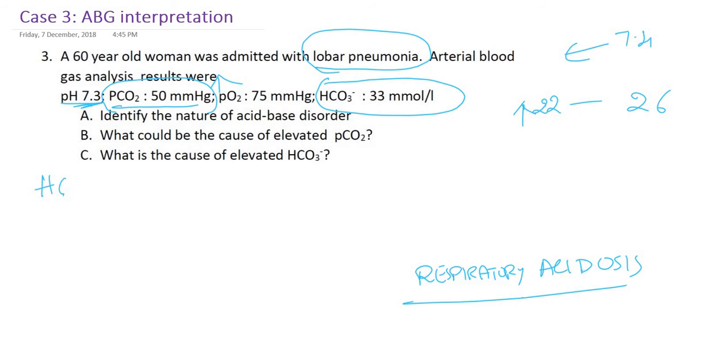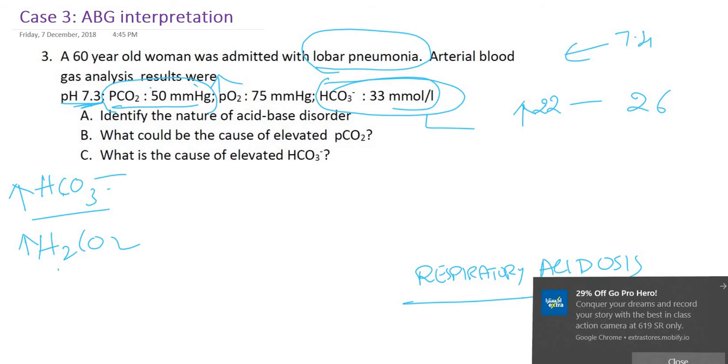Then I will write with the example of bicarbonate buffer. In this case the primary change is increase in the PCO2. Increase in the PCO2 means increase in the denominator, carbonic acid. So the compensatory mechanism should be increase in the bicarbonate. There is already increase in the bicarbonate, so that is compensated. Now the question is whether it is partially compensated or fully compensated.